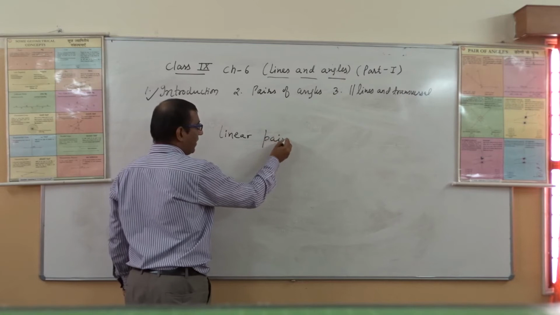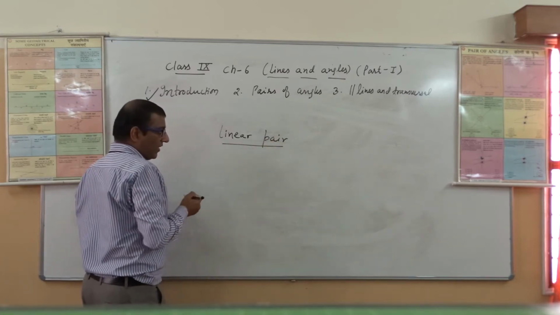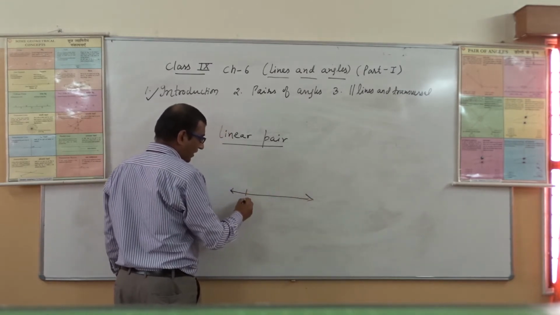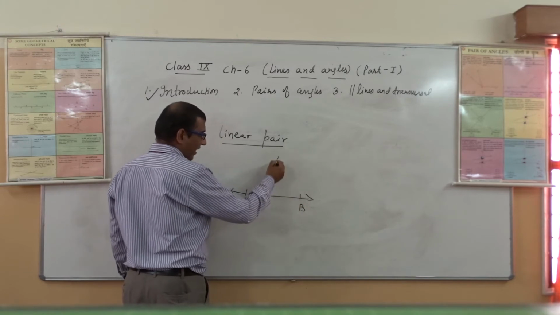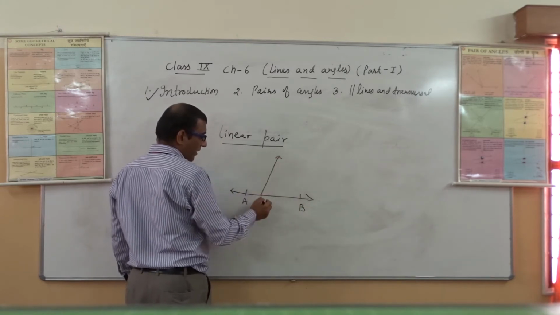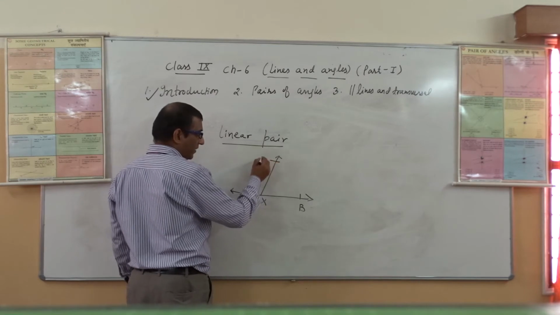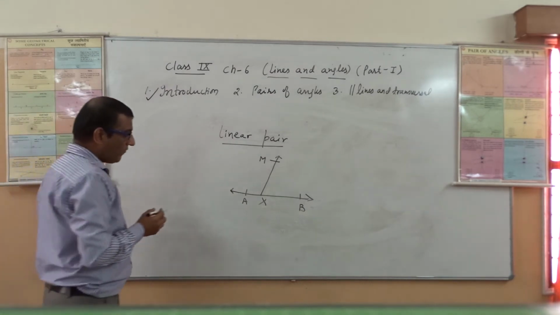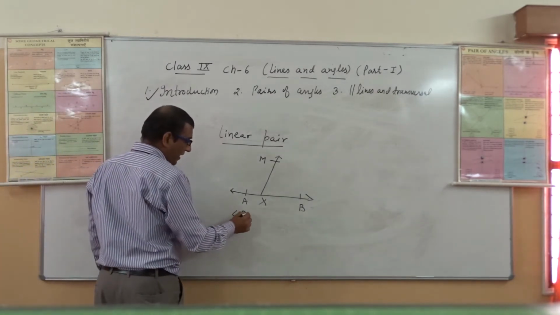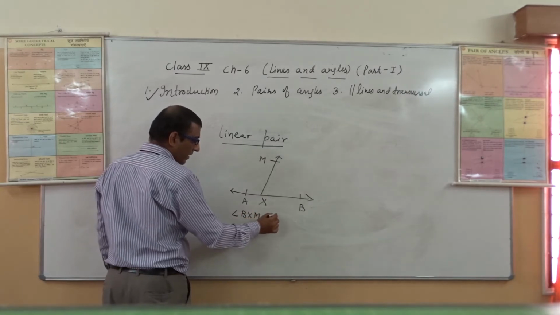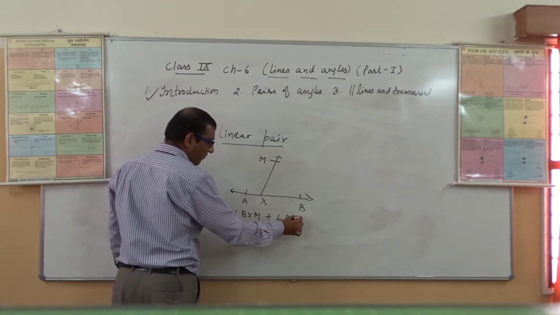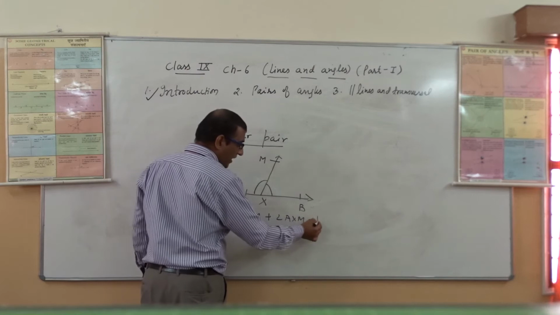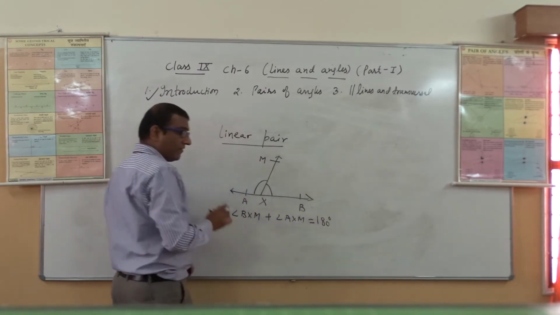So what is the meaning of linear pair and how will we define it? If I am taking one line, again this is your AB, and one ray, this time I am taking X, and this is, for example, M. So how will we define linear pair? If I say the angle BXM plus angle AXM, if we include both these angles, if their sum becomes exactly 180 degrees, then it is the